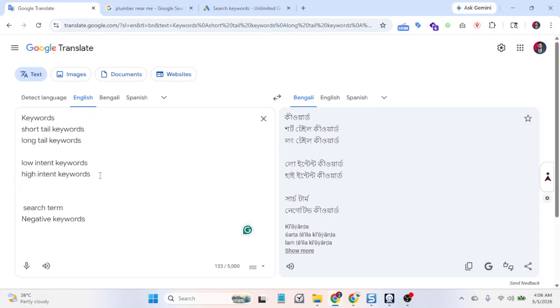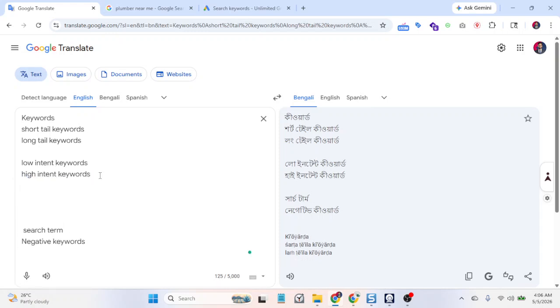And also there are three types of keywords. One is informative keywords, two is buying intent keywords, and three is commercial intent keywords. So if we try to write it,